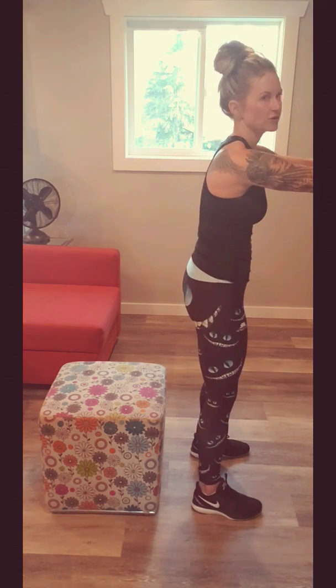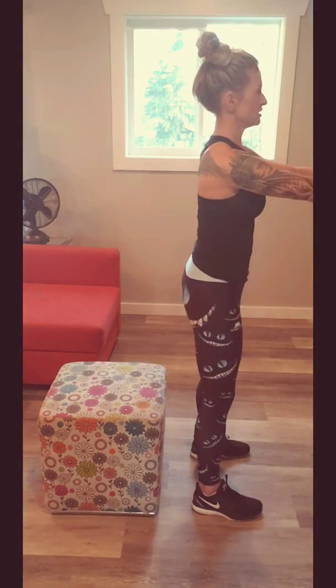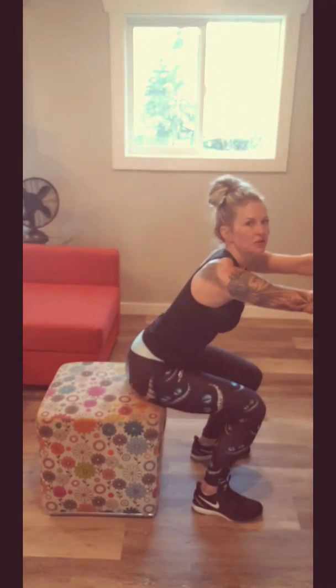Now, once you get comfortable with that movement where you're pausing for a second, I want you to try to focus on just touching your bum down and rising up without actually sitting down in the chair. So I'll show you what I mean. Bum goes back. Just going to touch. Butt taps. Right, and you can see I'm getting into a squat position so that when it's time to do without the chair,